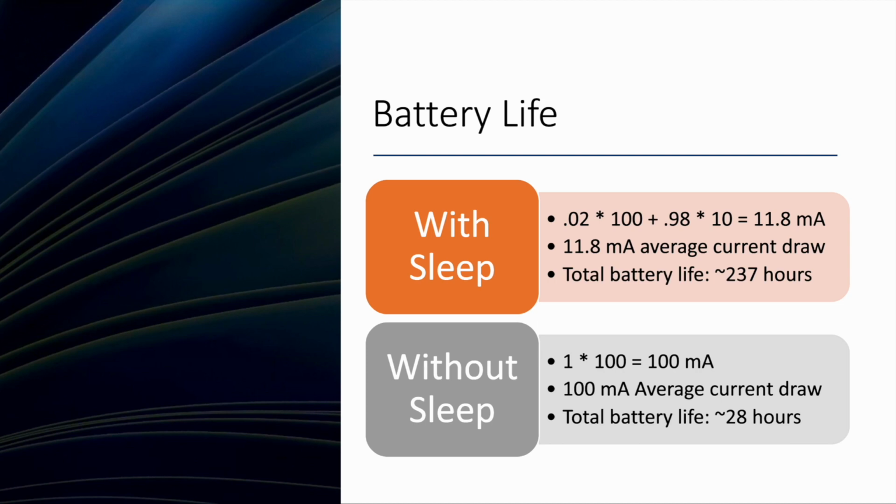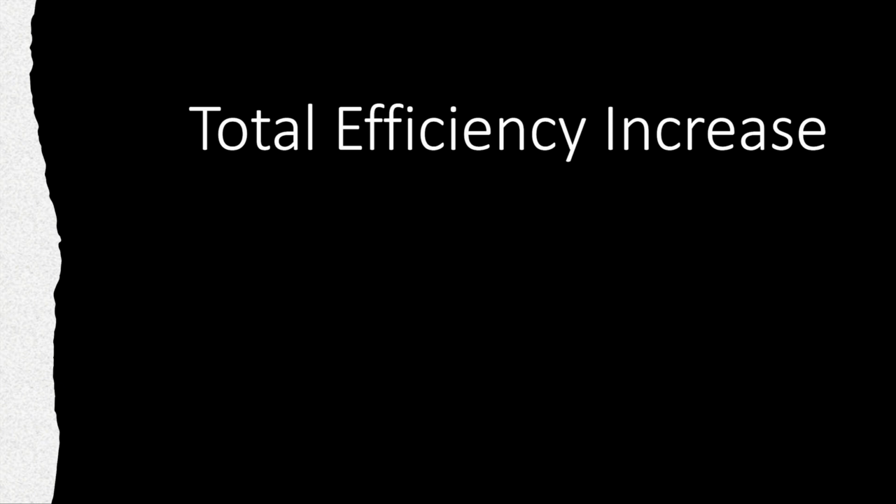Without sleep, we will be 100% of the time at the worst case of 100 milliamps, which gives us an average current draw of 100 milliamps. Using this against the 18650, we can estimate only about 28 hours of battery life. So because our device is sleeping, we get a total efficiency increase of a whopping